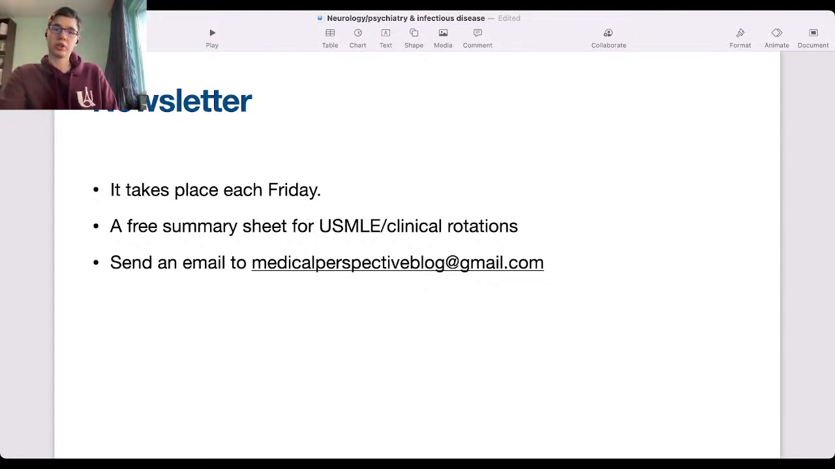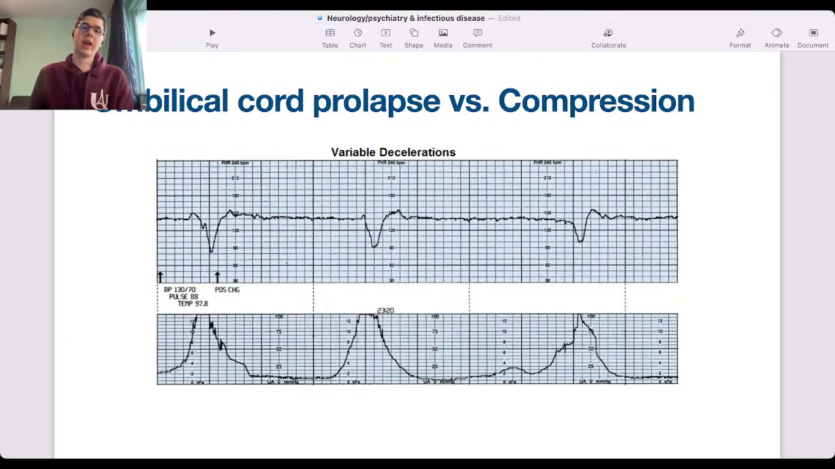So, instead of starting with neurology and psychiatry, I found a really interesting question in the NBMEs that can give us a lot of difficulties. So, on this slide we have variable decelerations. This is one of the NBME type questions seen for the OBGYN,